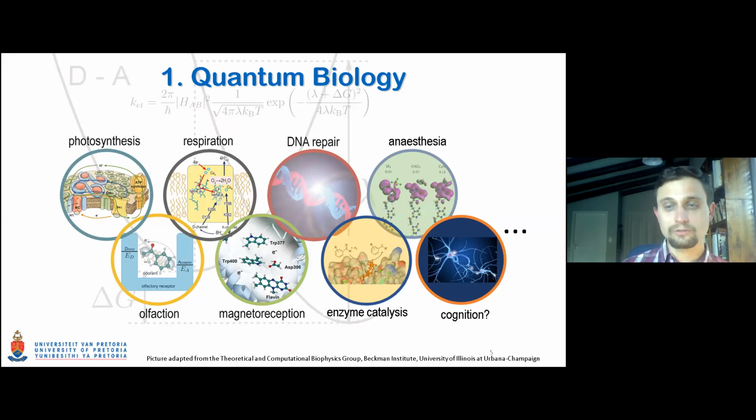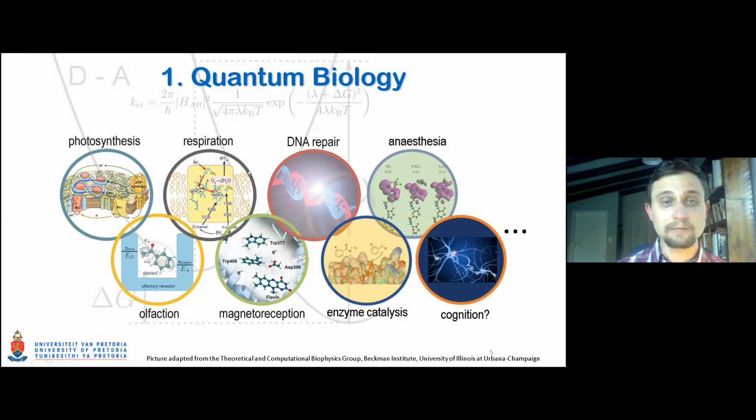And then even cognition, so our sense of consciousness, and even our sensing, so how action potentials are fired through the nerve cells, which is also connected, obviously, to cognition or consciousness. It has also been proposed that quantum effects play a major role there. So there's a lot of speculation in that field. Also, obviously, a very difficult field of research from an experimental point of view, but very, very interesting. Okay, so these are a few examples.